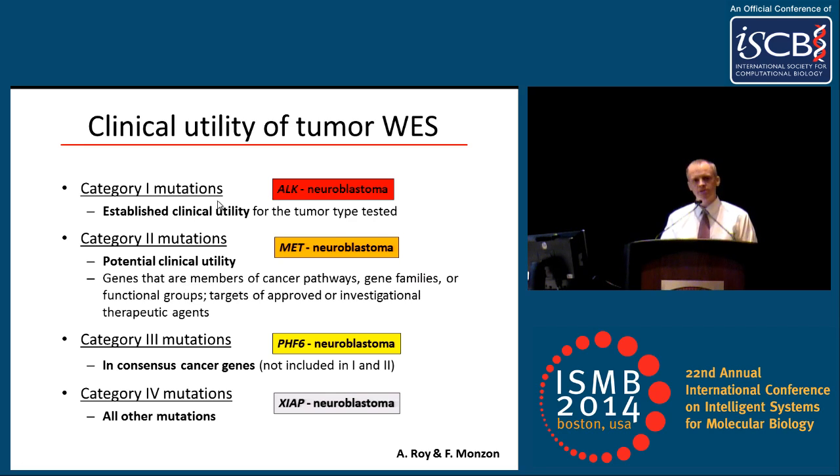The category 1 mutations are already identified, usually in our setting, by clinical testing. The category 2 are really the ones where we're trying to figure out how this might be useful for families. Category 3 is essentially a list of mutations, other cancer genes that are not currently thought to be as targetable. It's essentially a consensus list, such as the Sanger Center consensus list with some pediatric cancer genes added. And then category 4